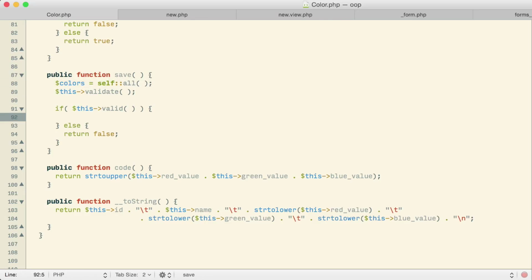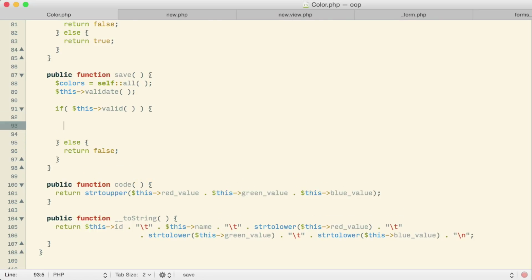If this color is valid, then I want to add this color to the colors array. Where I want to put it in the colors array is into the position that corresponds with its ID, but this object doesn't have an ID yet. So this is where I now want to go through and actually find the next available ID. Like we were doing before, let me make a variable called last ID.